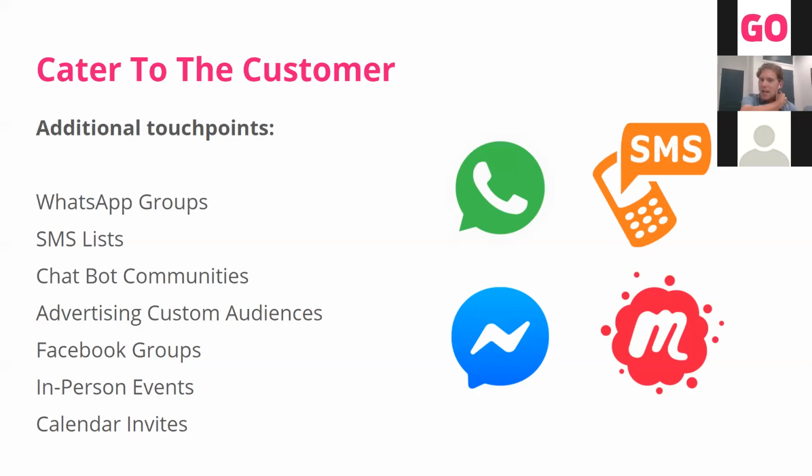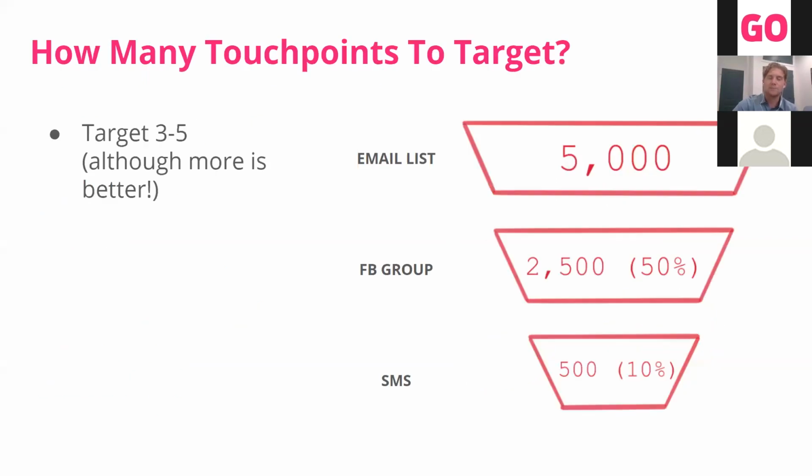Here are some examples: SMS, you could do a meetup group, a messenger, WhatsApp, chatbot communities, Facebook VIP groups, all sorts of different platforms whereby you can create an additional touch point. And remember to continue that one-on-one communication with the prospective customer. We want to consider these touch points are about personal connection, not about spamming as much as possible. It's about building that one-on-one relationship where you can give the impression that you as the campaigner are speaking directly to this prospective customer.